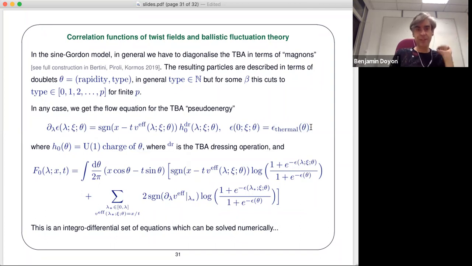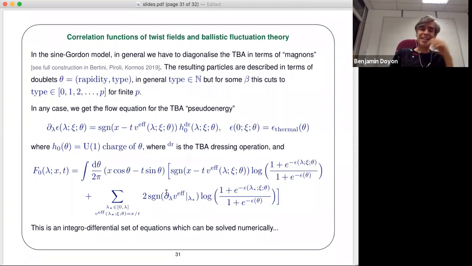And once you have that, you put that in F0. So this is the F that describes the leading exponential decay of this vertex-supported two-point function. And now it's just a matter of integrating over theta. Again, there's some sine, there's some log. This is like the difference of free energies again, but with the pseudo-energy that involves there